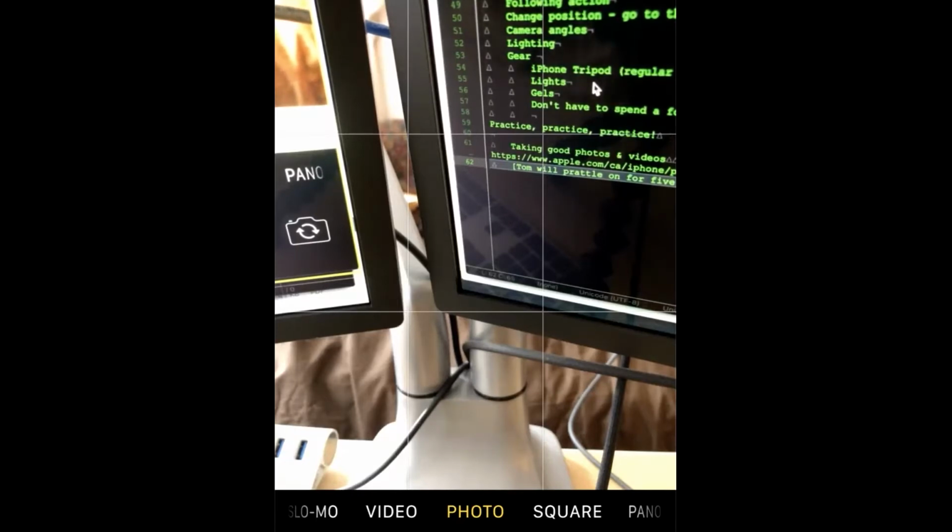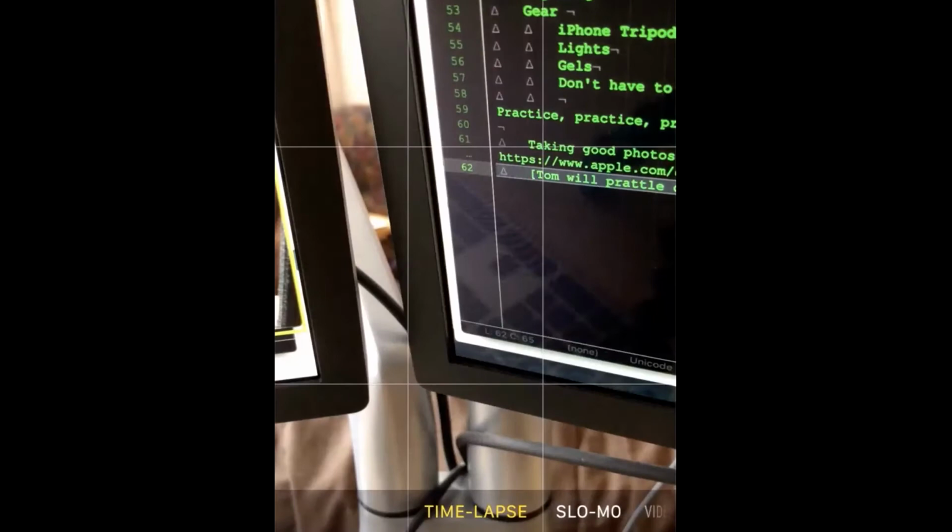Yeah, it's definitely worth taking some time to play with, and you'll notice it automatically. So let's go through all of the settings down here. The first one is time lapse, and this is a lot of fun. This is most useful when you have a small tripod or something that you can put your iPhone on. Otherwise, you can just lean it against something and point it out the window, and you can have all kinds of fun. It's a really interesting way to see how things get built.